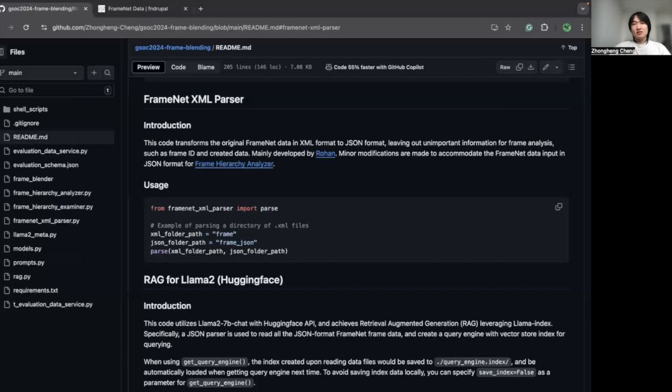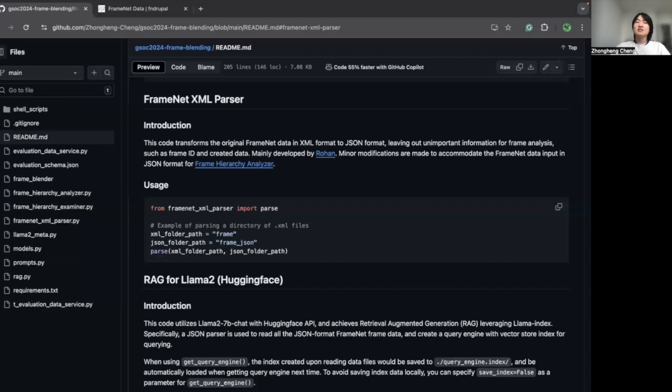Then it creates a query engine for LLMs to generate contextually relevant responses based on the indexed information. With the help of Llama Index, I let Llama 2 have reference data from the FrameNet dataset while generating, so that it will have a better understanding of how these frames are used